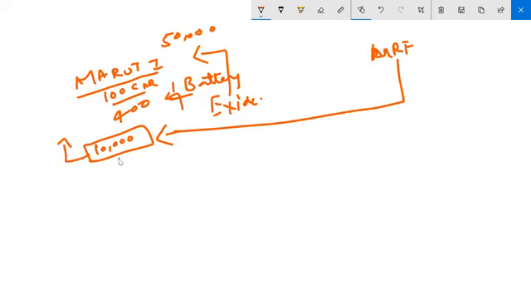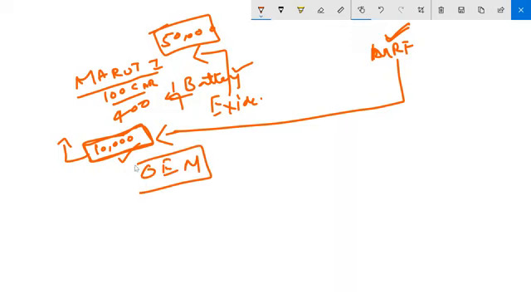Even though MRF has dumped 10,000 tires at Maruti location, who is the owner of these 10,000 tires? MRF. Who is the owner of these 10,000 batteries? Exide. The company itself. Companies are the owners, right? We are only dumping the stock at customer location. When he consumes it, we bill it. Even though the stock is at customer location, the owner is the company itself, until they consume it and we bill it, right? So this whole process is called OEM process in automobiles, original equipment manufacturer.